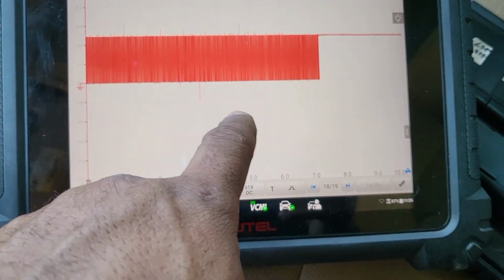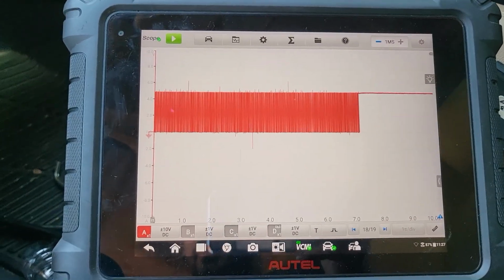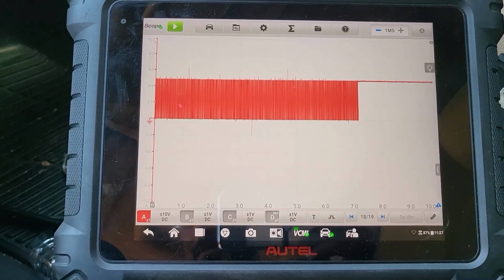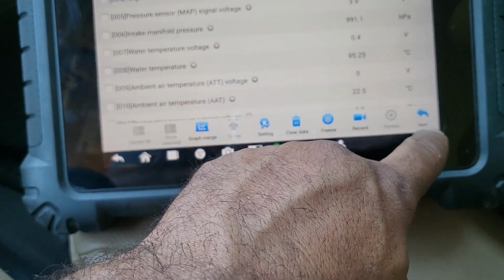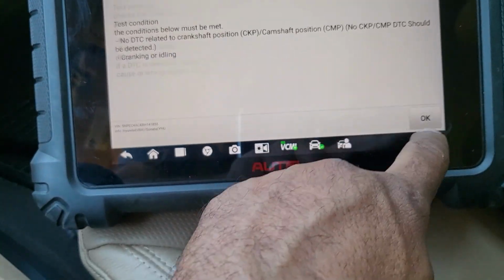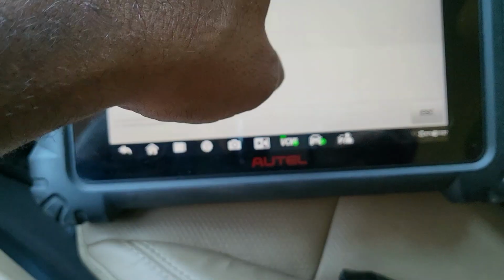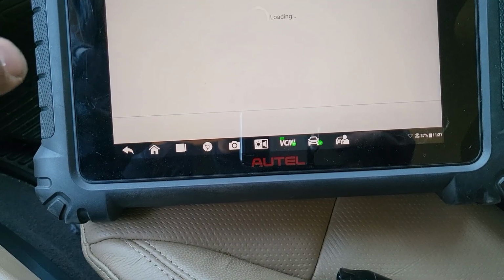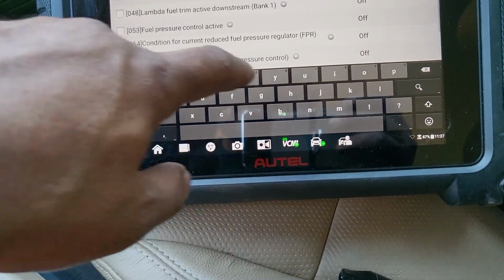It shut off by itself. And it did the same exact thing when I unplugged the harness for the CKP. How about the fuel? I didn't have the fuel. Okay, now it's happening more frequently. Yeah, I don't think this test is good. I think when you have a crank no start, this test is good. But here, if you